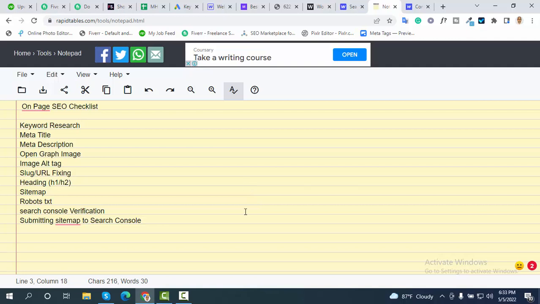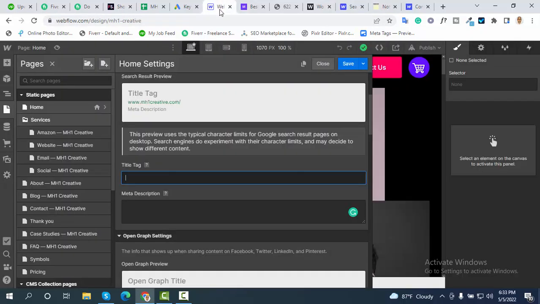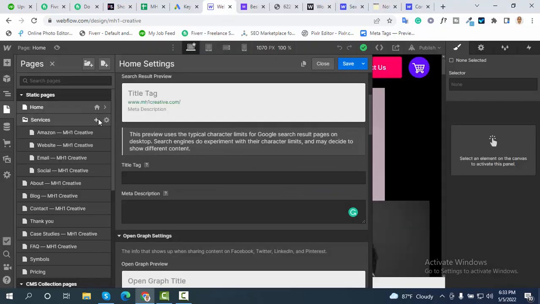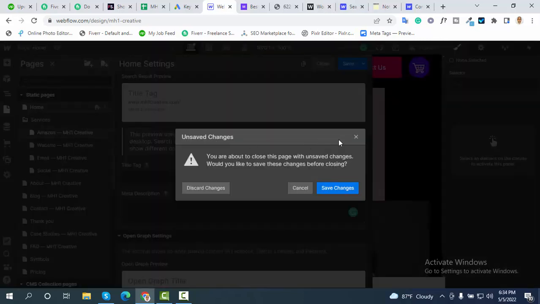Okay, so when you have finished researching your keywords, you have to log in to your Webflow website, and you will find this type of window. Just click on the page, and there you will get a gear icon. Then click on the gear icon, something like this. Okay, so